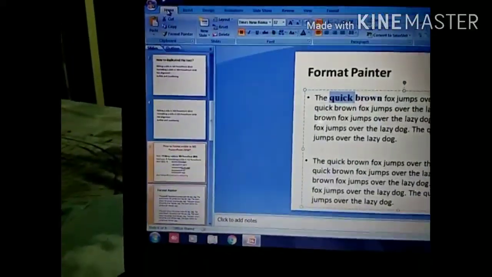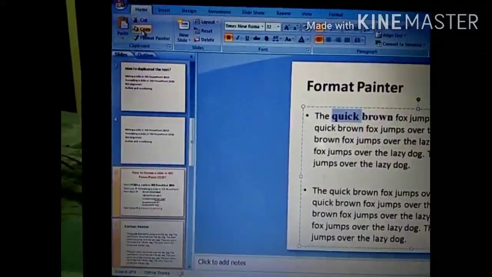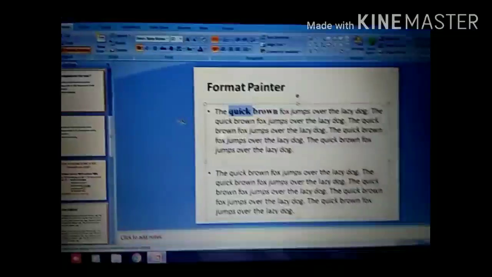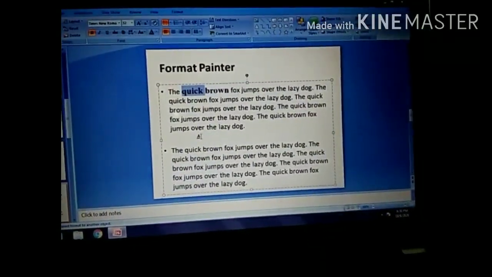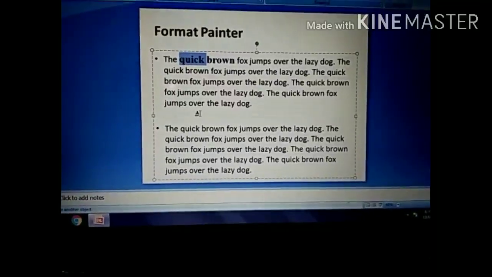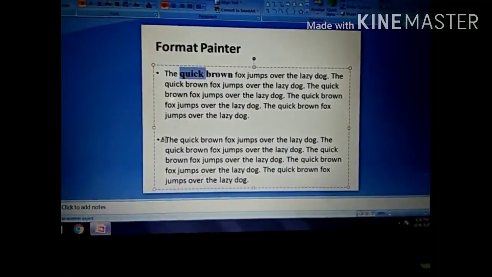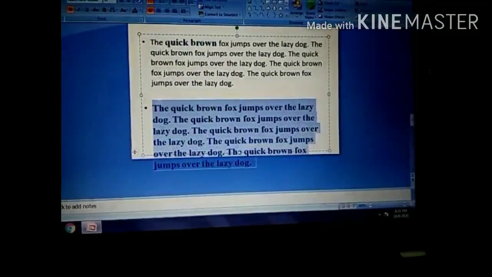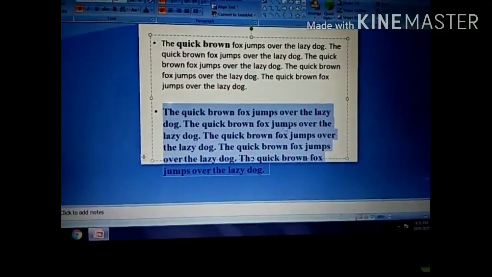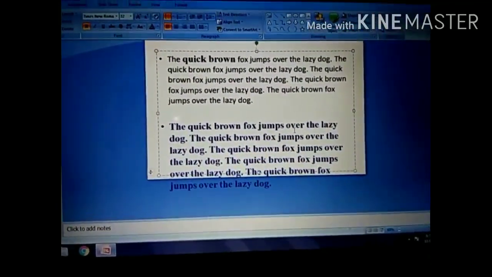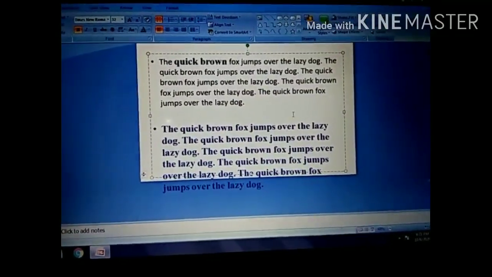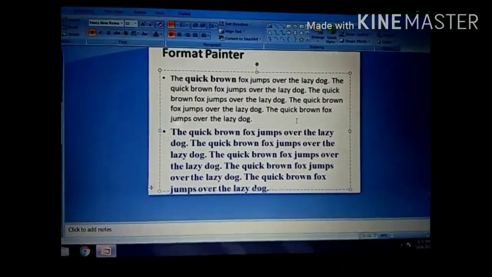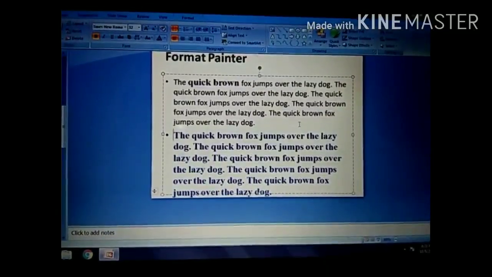and the format painter option is available on the Home tab. In the clipboard group, click on the format painter option. Now you can see your mouse pointer has changed into a brush shape. After getting the brush shape, you have to select the text. Whatever text you select, on all that text you can see the formatting. No need to apply the options separately. Just select the text and you will get the text in the selected format. So you can see here the format painter tool.